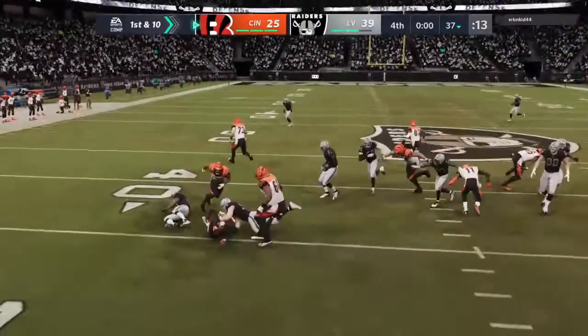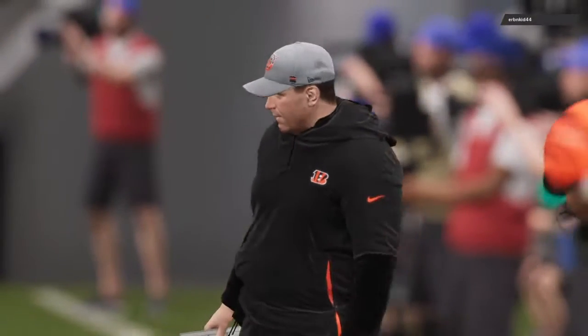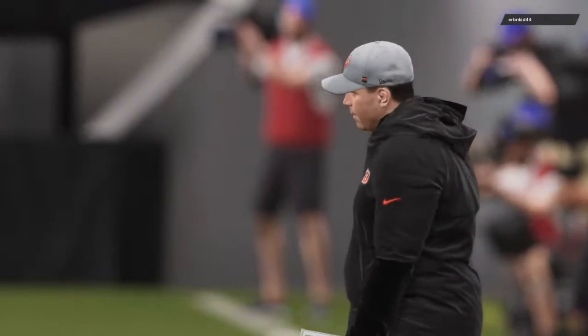Line of scrimmage, the 37 on 1st and 10. Now they'll run it on the toss. And maybe a measure of revenge there. He's had his way in this one, but this time they get him behind the line. Charles, we saw a lot of